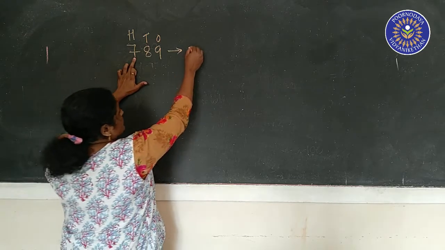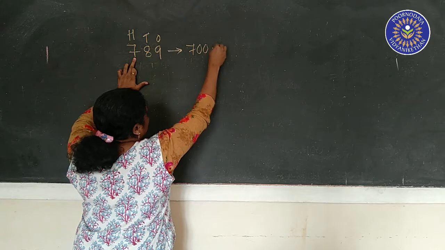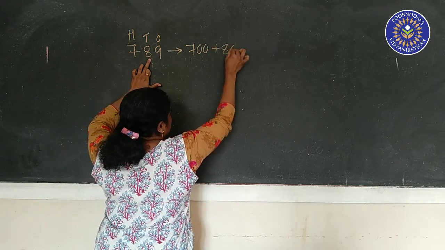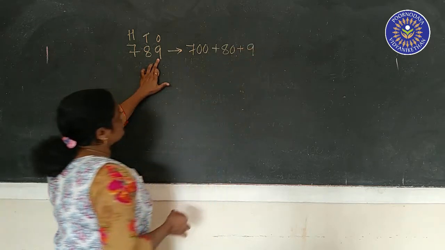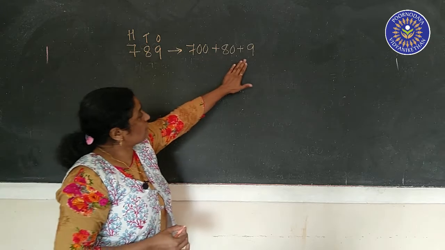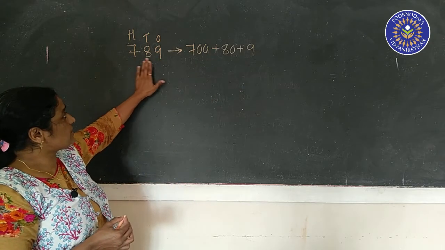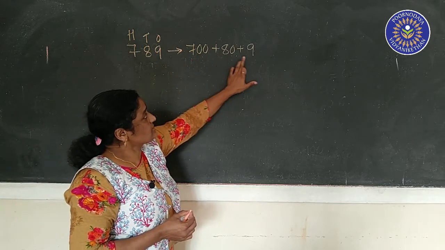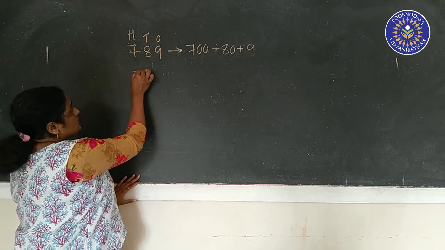So we can start with 700 plus, in tens place 8. 8 tens, that is 80, plus 9. This is the expanded form of 789. Expanded form of 789 is 700 plus 80 plus 9. Clear? Next